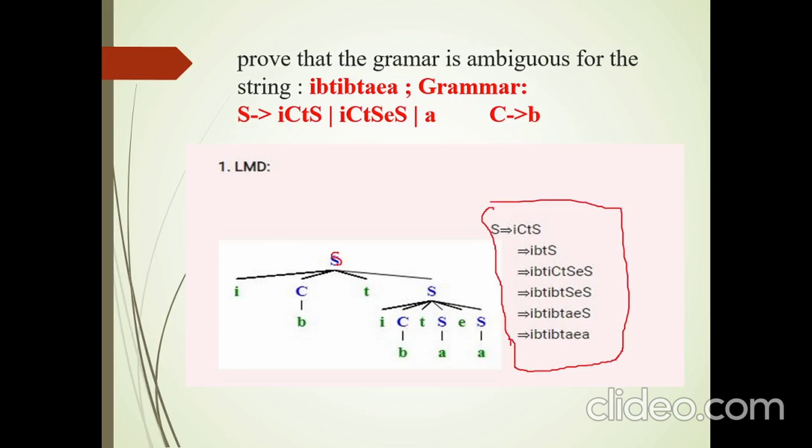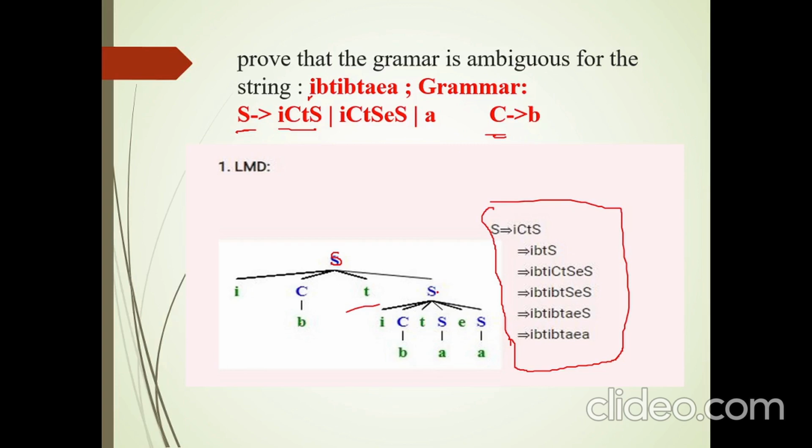So let us start from S. I am going to take this portion ICTS, and I have obtained I. Next I have to obtain B, so C can give me B. In the next branch, T is a terminal, that is okay. Next non-terminal to be replaced is this S. How do you identify non-terminals? They are always present in the LHS of a rule. So the next production to be applied is S. I am done with this C.